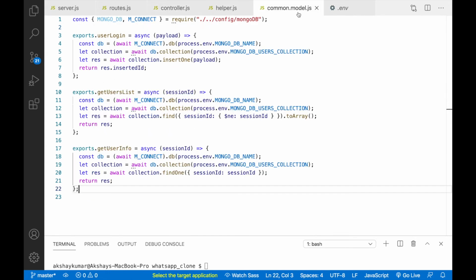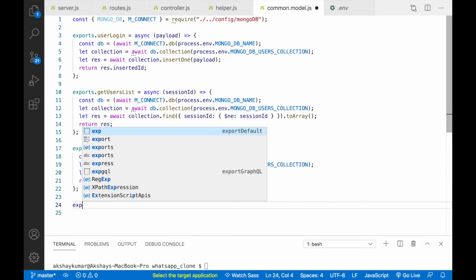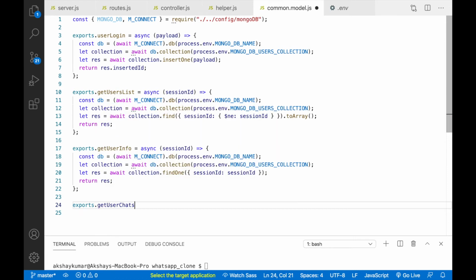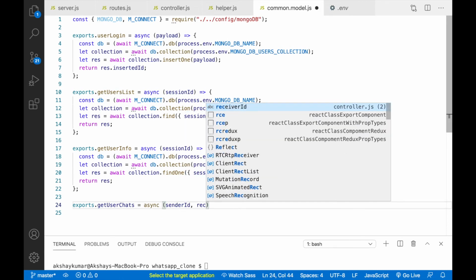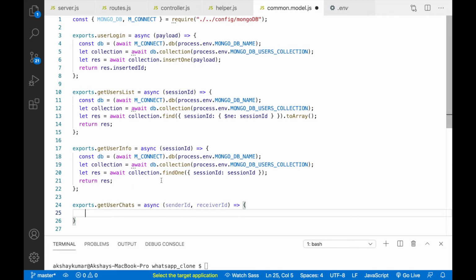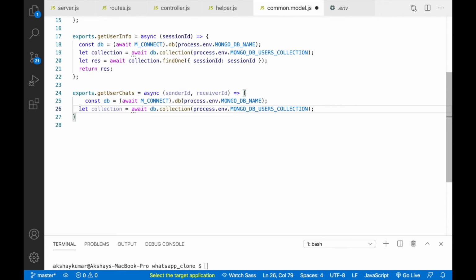So inside model we'll write exports.get_user_chats = async (sender_id, receiver_id). So here we'll take these two lines again. We'll change the collection name, so that will be chats.